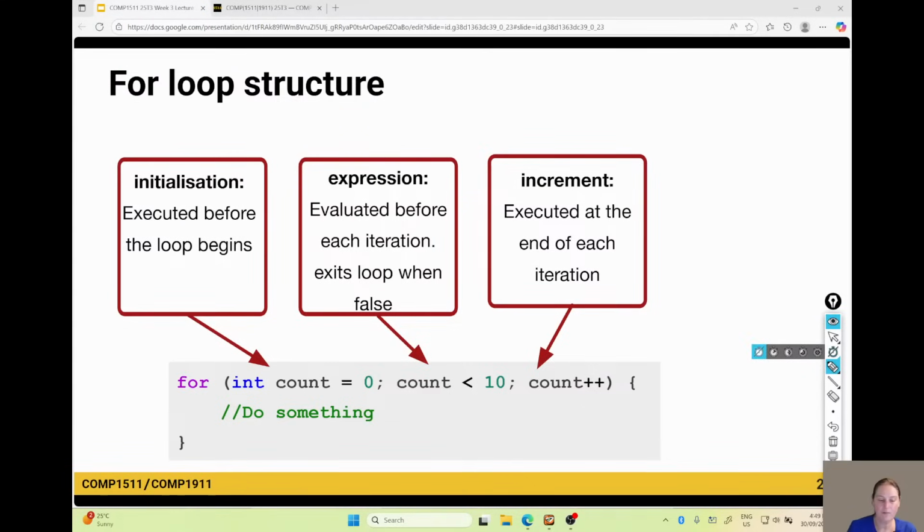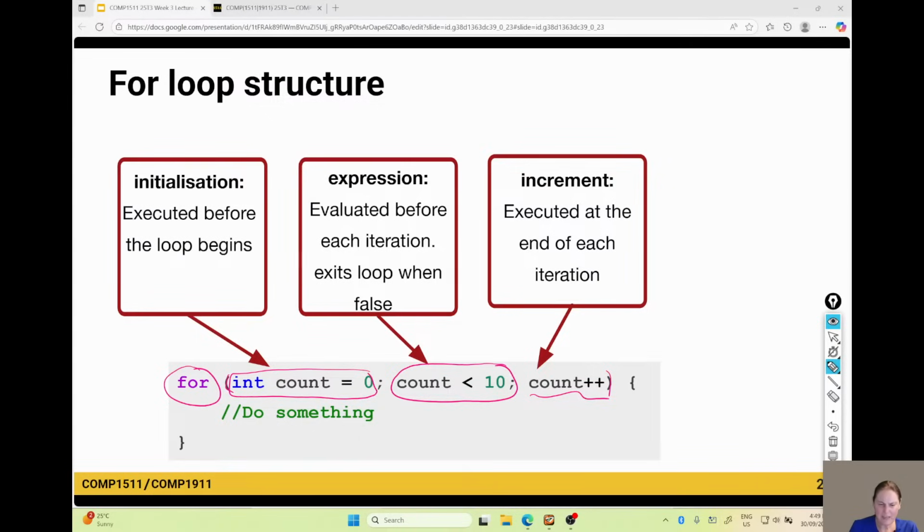You've got the word for instead of while, and you've still got a condition just like a while. But all in this one area, you've got everything that controls the loop. So you've got your initialization, and then you've got your increment.